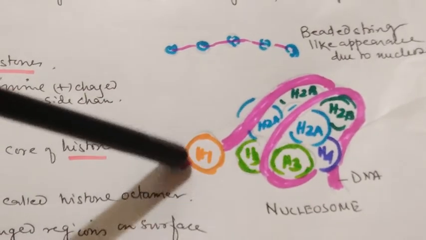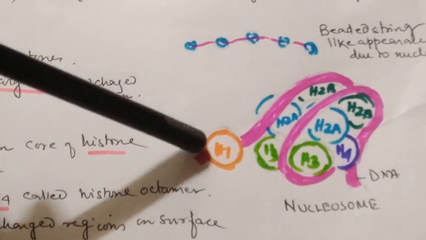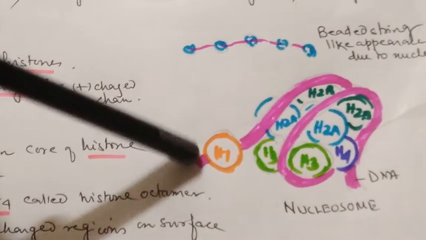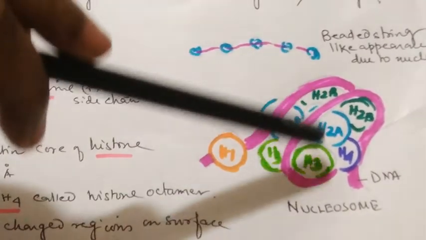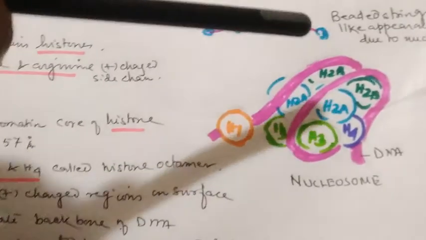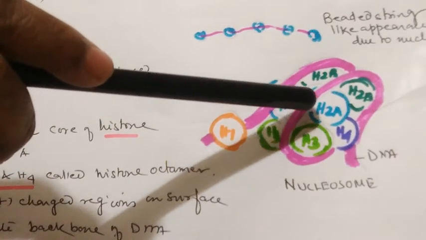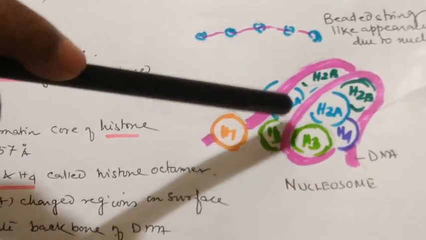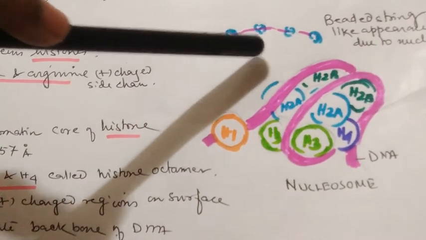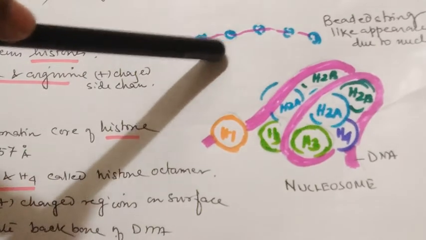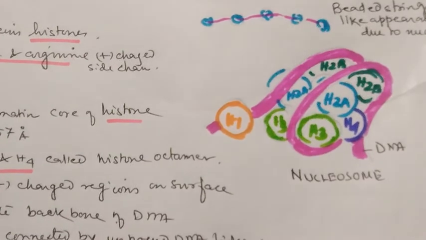Clear? That is called the linker, which is associated with H1 histone, and it has a diameter of 10 nm. The wrapped, folded portion has a diameter of 30 nm, which is imparted by the solenoid coiling containing about 6 to 7 nucleosomes in a coil, and thus it has a beaded string appearance. We can see here the beaded string appearance, which is seen in the electron microscope of this chromatin material.